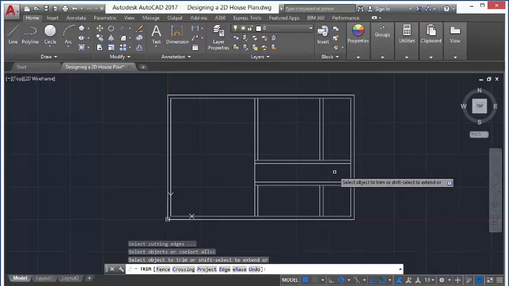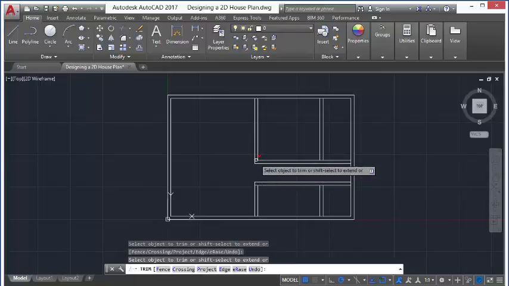Now we have another option if you look at the dynamic input, which says select object to trim or shift to extend. Let's use this option and see what it does. Now I'm in trim mode. If I click this guy, AutoCAD eliminates it. Click here